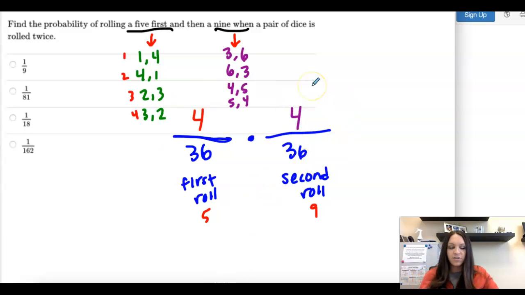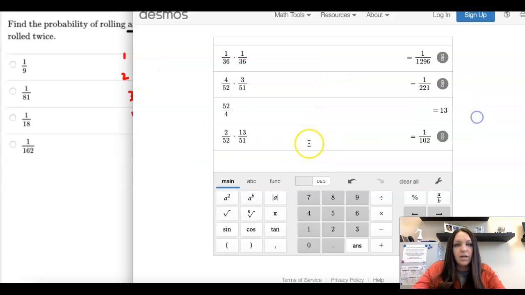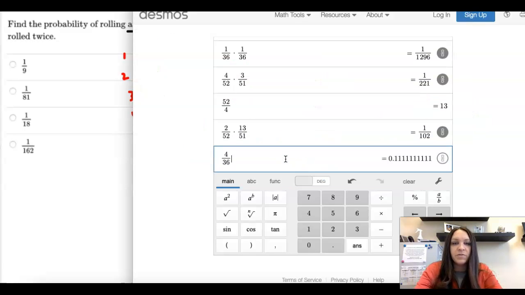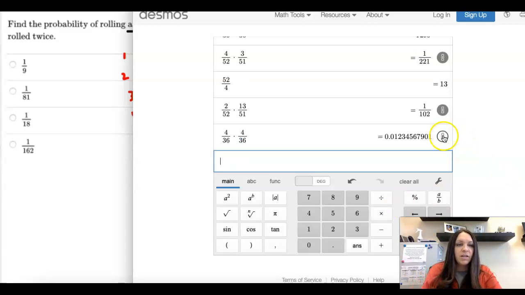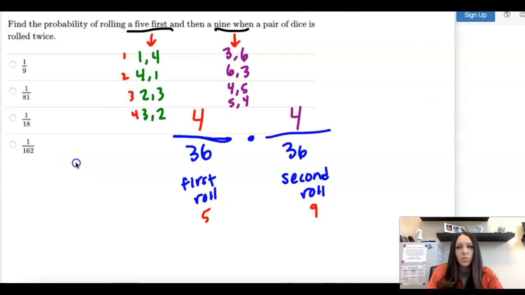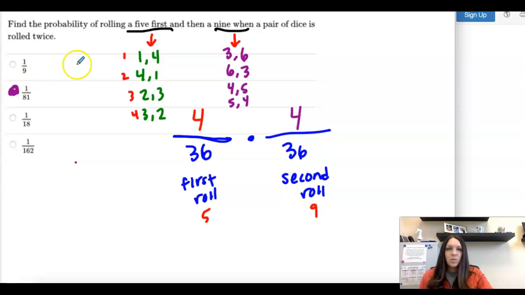So my fractions are set up. I'm going to multiply: 4 out of 36 times 4 out of 36. Make the fraction: 1 out of 81 chances that I could do that. Okay, so that is probability. That's the end of this unit. If you have questions,